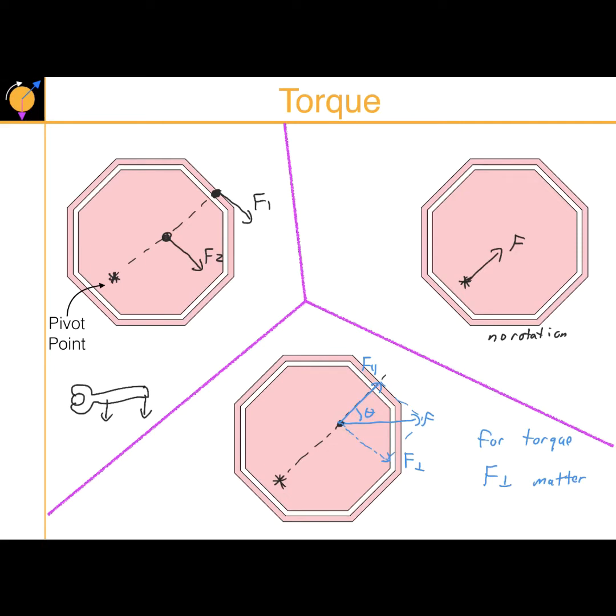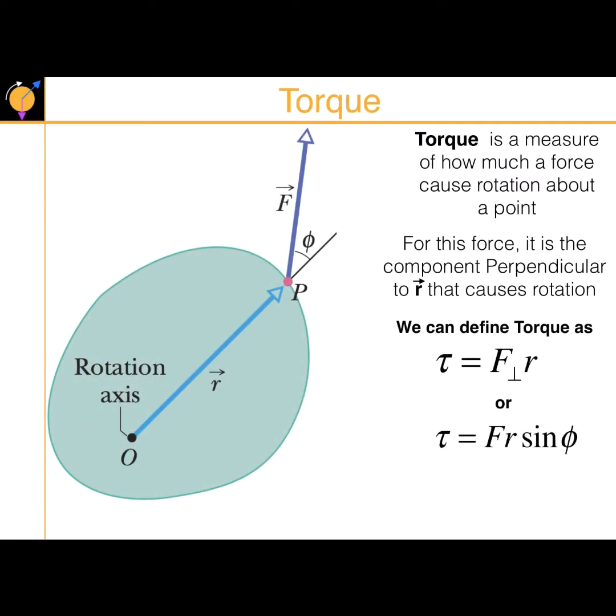It's the perpendicular component of the force, and by perpendicular I mean perpendicular to a line from the pivot point to the point where I'm applying the force. So this is the force that matters for the torque. So for torque, only the perpendicular component matters. And so if we want to define the torque